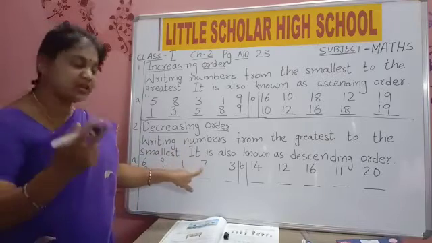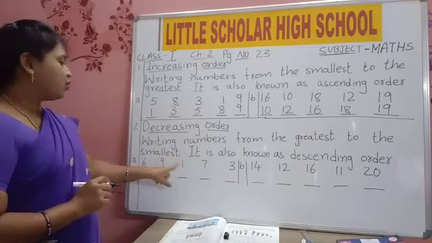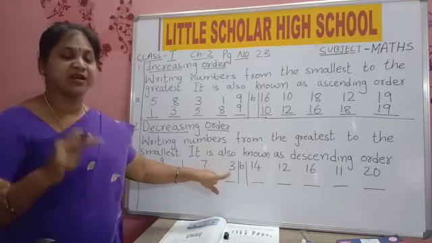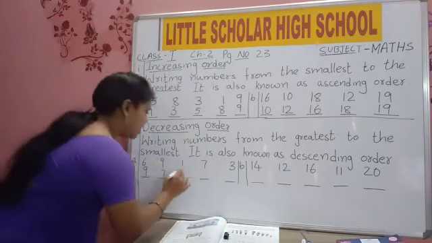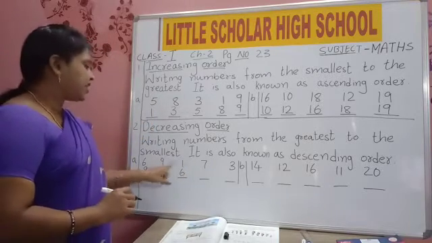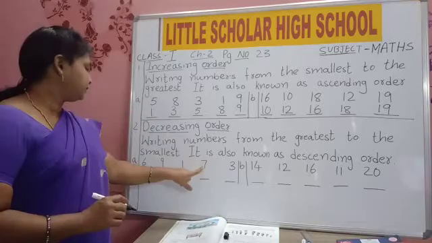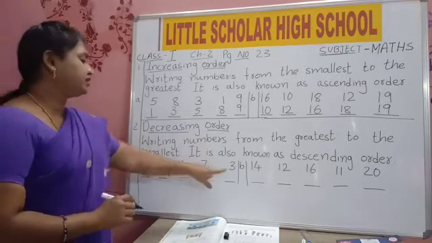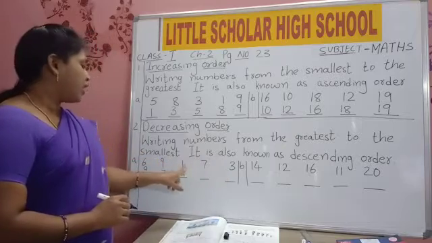We will read remaining 3 numbers: 6, 1, 3. In this, which is the big number? Yes, 6 is the big number. Now we are left with 1 and 3.